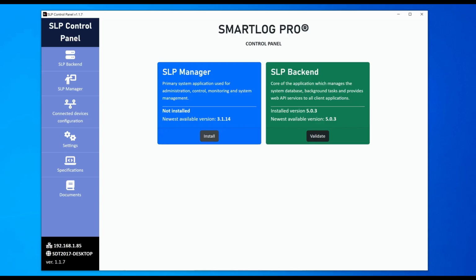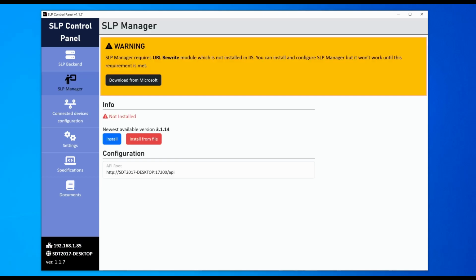and then you can click on SLP Manager or install here on this screen, and that will take you to the SLP Manager section. And as before, there is a prerequisite that has to be installed, so the program is showing you a warning that you need to download the URL rewrite module. So you can click on Download from Microsoft to grab that,